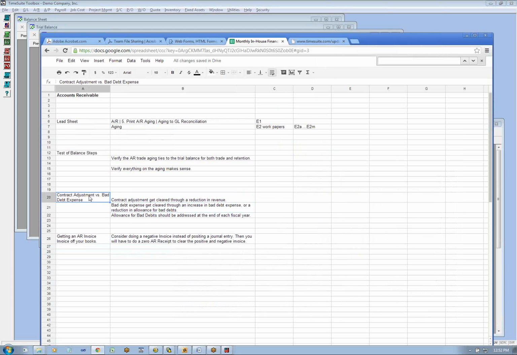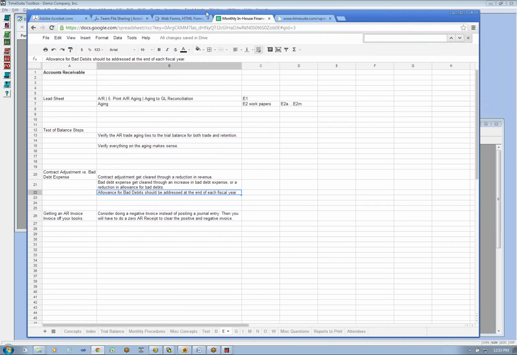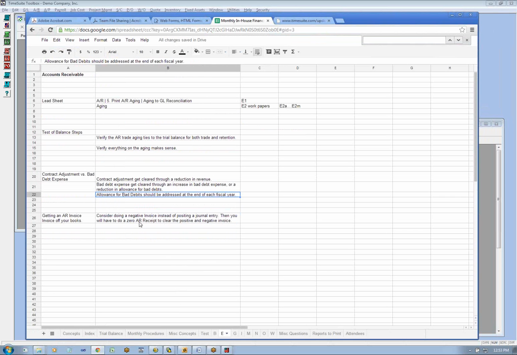Bad debt expense, as opposed to adjustments to your customer. Say you got back into a wall and caused some damages, and so they back charge you and didn't pay you the full amount, so you've got to get that off the books. The back charge should be adjusted through the contract if you can collect the money. If they're not going to pay you, and it's not worth fighting them for the money, and you really didn't earn it, then you would go through bad debt expense. Bad debt expense looks bad on your income statement. That's why you might want to make sure that your contract adjustments are not run through bad debt expense. The analysis from the bankers and the bonding company are a little harsh on that.